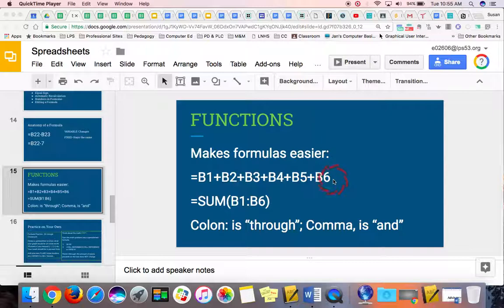The problem with doing a formula like this is that typing all of these things, you might make a mistake. It's pretty easy to make a mistake. And then you can have a very long column of numbers that you need to add up. And this would be very tedious to have to type all of this in. So spreadsheets have things called functions that allow you to simplify how you add up or multiply, divide, whatever it is you're doing. Whatever math function you're wanting it to do,